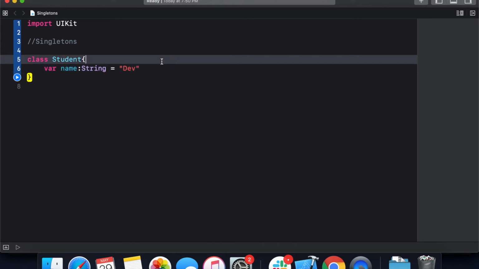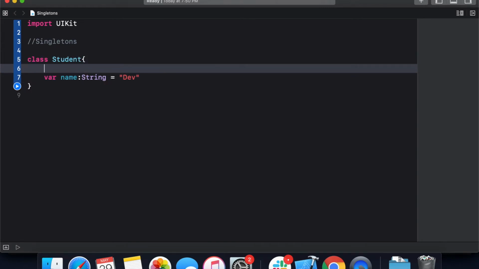so in order to make this class a singleton, I need to create an instance of this class while initializing the class. So let instance equal Student. Now I'm going to make it static. Why?